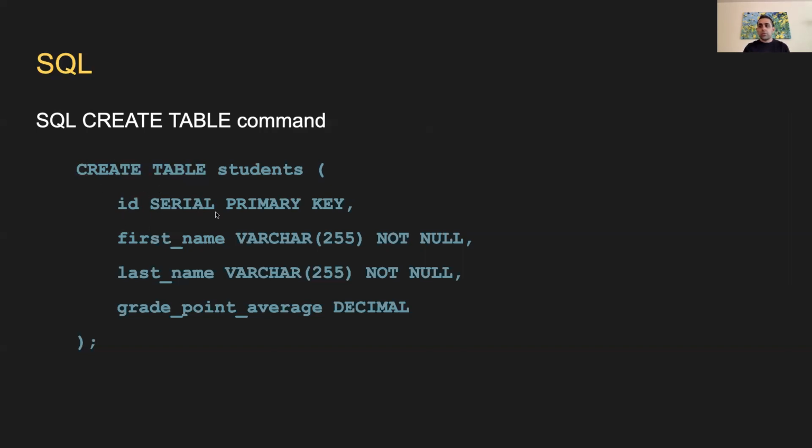So if you use serial, again, they'll just get the next available ID for you. Primary key, we'll talk about keys probably more on Wednesday, but effectively every table you create in a relational database must have a primary key. What a primary key specifies is that this field, or it could be multiple fields together, is the unique identifier